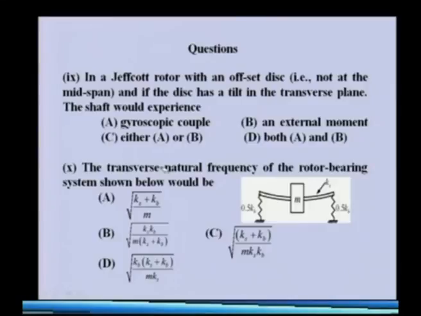In the last question, we have a mass supported on a flexible shaft. The shaft has stiffness Ks, and the support bearings have stiffness Kb. Now we can see that the shaft and the bearing are in series, so we can obtain the effective stiffness, with Kb in series with Ks. So, we can see that this particular solution will be valid.